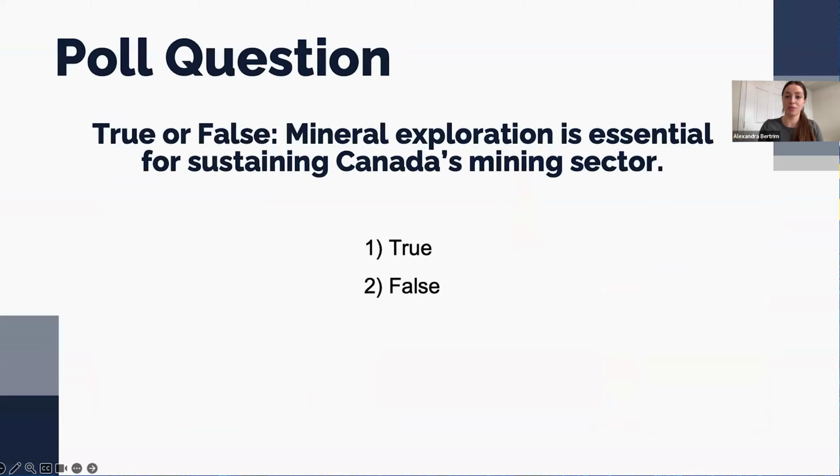So just before we move on into this presentation, let's take a quick moment to reflect on your own knowledge of mineral exploration with a quick true or false question. The question being, mineral exploration is essential for sustaining Canada's mining sector. I'll give you a few moments to complete this question. Awesome. I see all the results are in, and as most of you